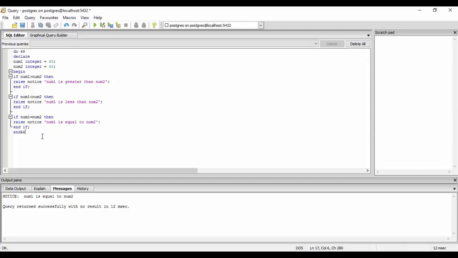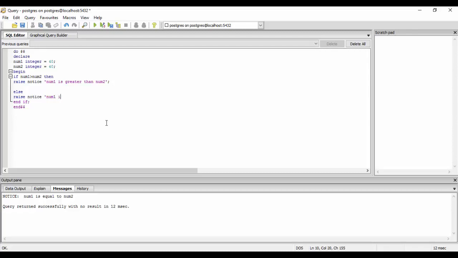So else here is used for the default. For example, if num1 is greater than num2, then we have this notice. We won't end the if here; we'll delete that, and just use else, and we write our default statement: else raise notice